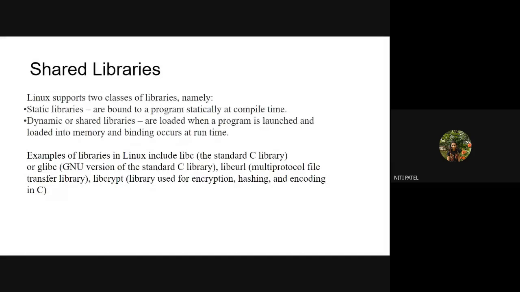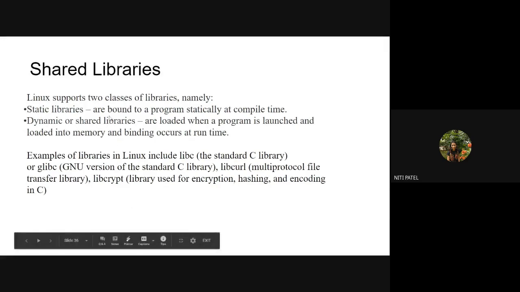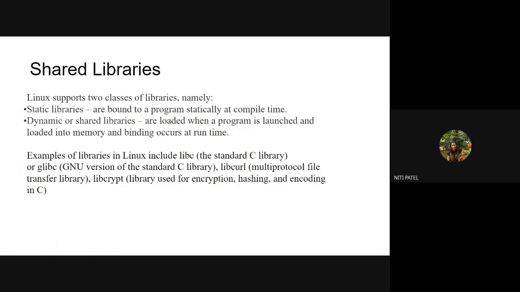So whenever I type these C programs or try to execute these C programs, I require certain libraries to be imported for the execution of the program. So those libraries belong to two classes, the static library and the dynamic library or the shared library. Now, what is static? Static means that they are fixed. That means I cannot change them. They will automatically get activated when the compiling of the program is done. That means, in short, I do not have to write them. They will automatically get activated whenever the compile time of a program comes.